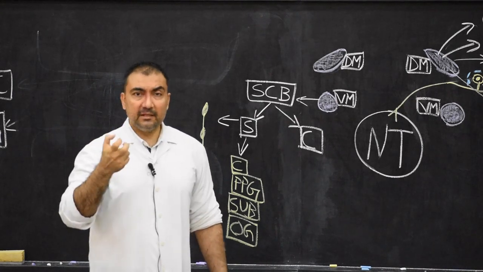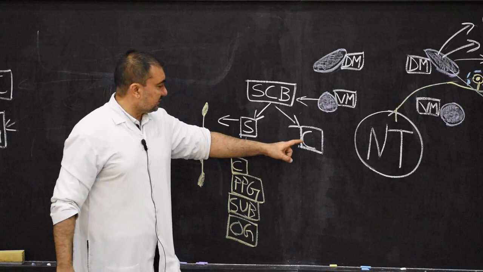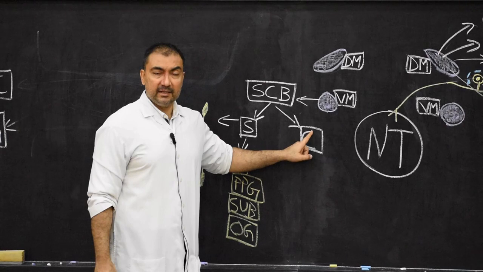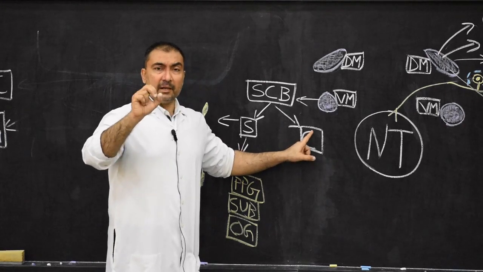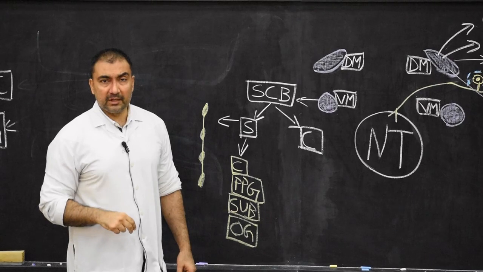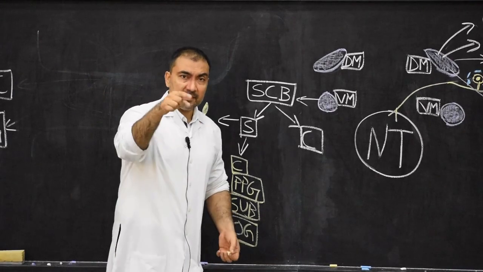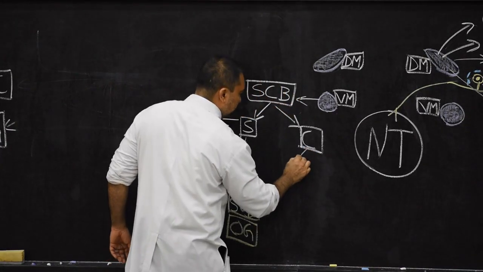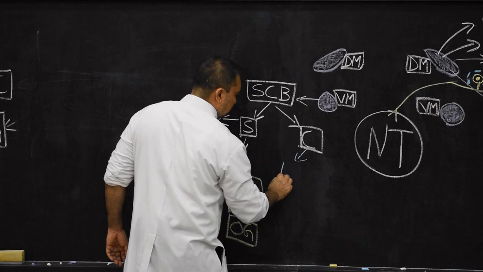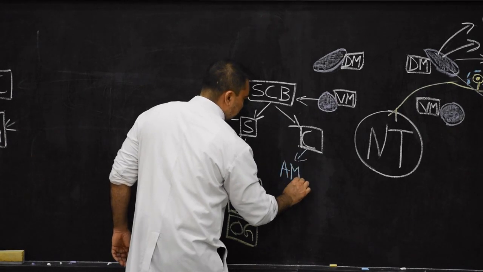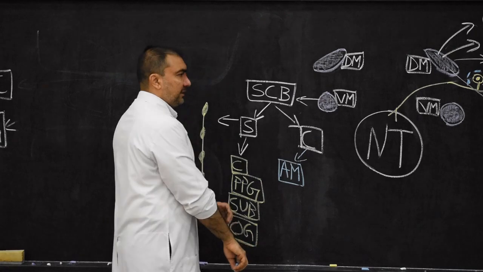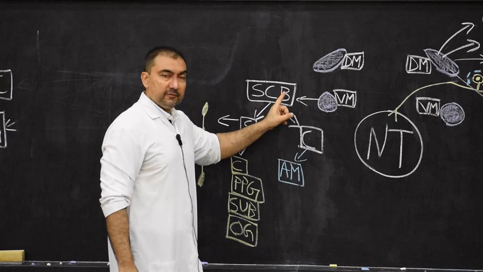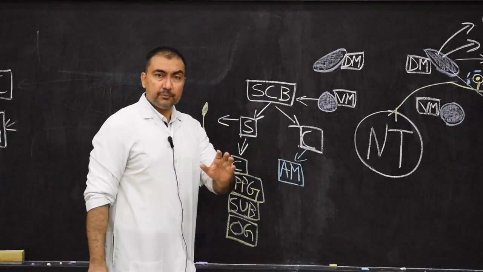Because of this brownish color granules in the cytoplasm, the cells will be known as chromaffin cells or pheochromocytes. Then these chromaffin cells will migrate to various regions of the body. And what will they develop into? They will develop into one very important portion that will be known as the adrenal medulla. So the medulla of the suprarenal gland, adrenal gland, will develop from the chromaffin part of the sympathochromaffin organ. Remember, the medullary portion of the adrenal gland.